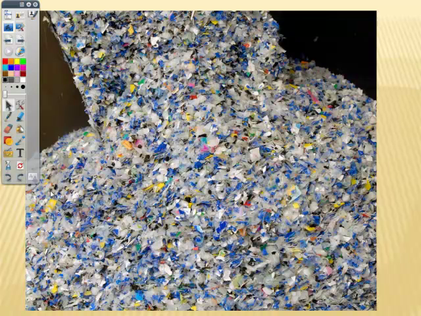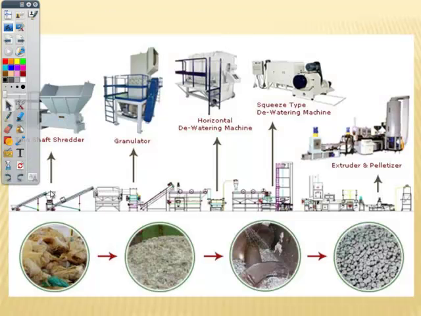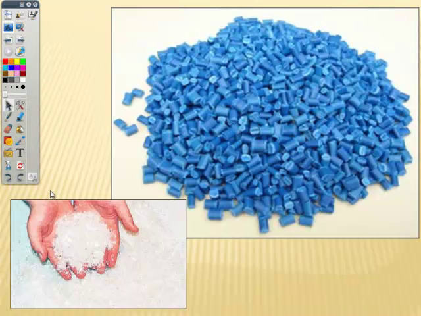So here is plastic number 1 being shredded into small fine flakes, which are then melted and turned back into pellets through this entire process, where they clean and create these little pellets. All right, and the pellets, as you see here, can now be used to make a new product. In this case, they were dyed blue in the upper right, and they can continue to